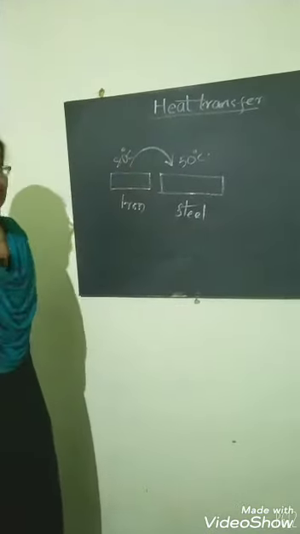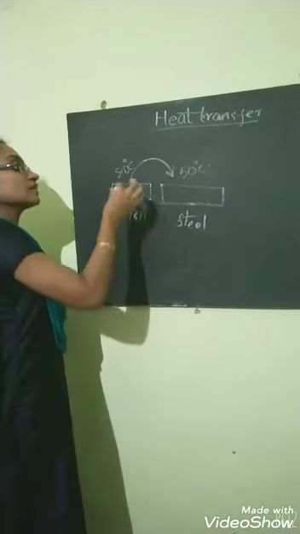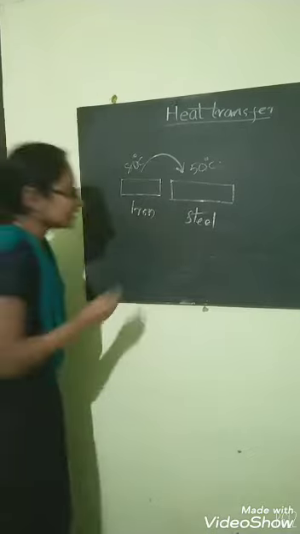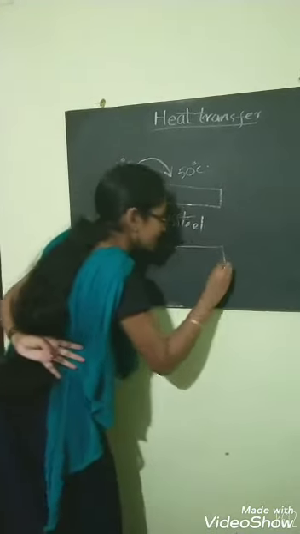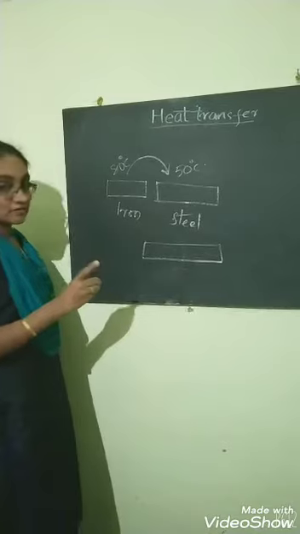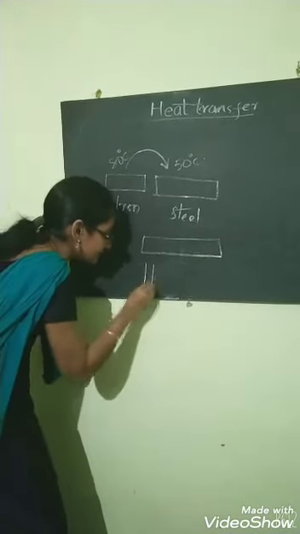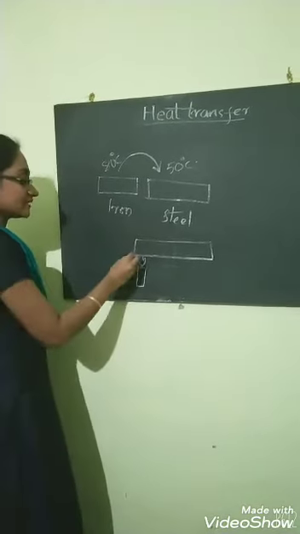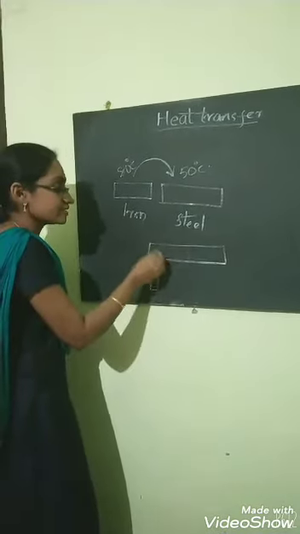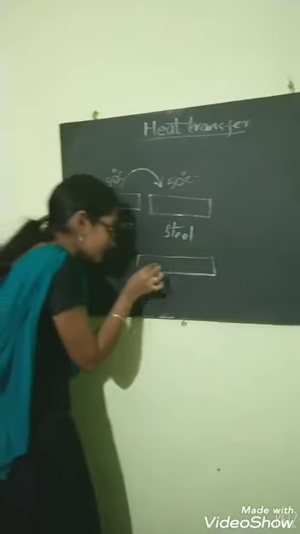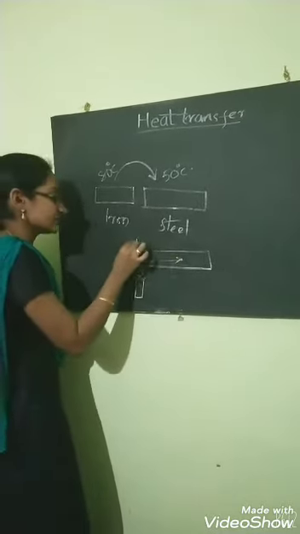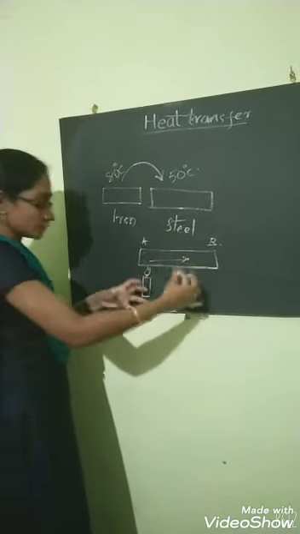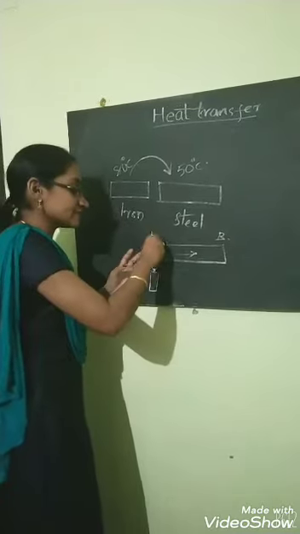So this heat transfer may take place between different objects, from one body to another, or it can also take place within a single piece of iron. I am heating it from here, burning a candle here. When I give heat to this side, the heat will transfer from this end A to this end B. That is, a temperature difference occurs and heat flows from this end to this end.